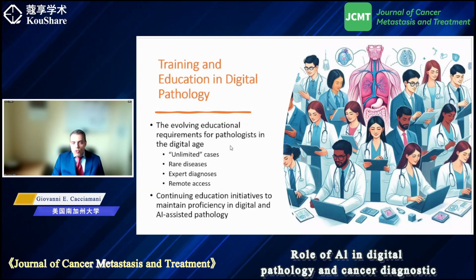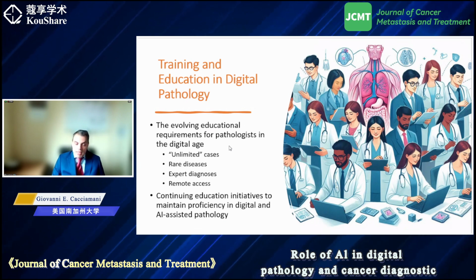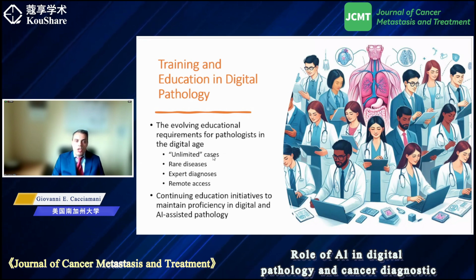But very importantly for academicians, as some of us are, is the training possibility with digital pathology. In fact, right now, the training in pathology is limited by the number of microscopes and by the availability of specific cases in a given center. It is very easy to have a large portfolio in the biggest hospital, but when we go to smaller hospitals, smaller universities, and maybe less developed countries, it could be very difficult. With telepathology, we may train our young doctors with basically unlimited cases, including rare diseases.